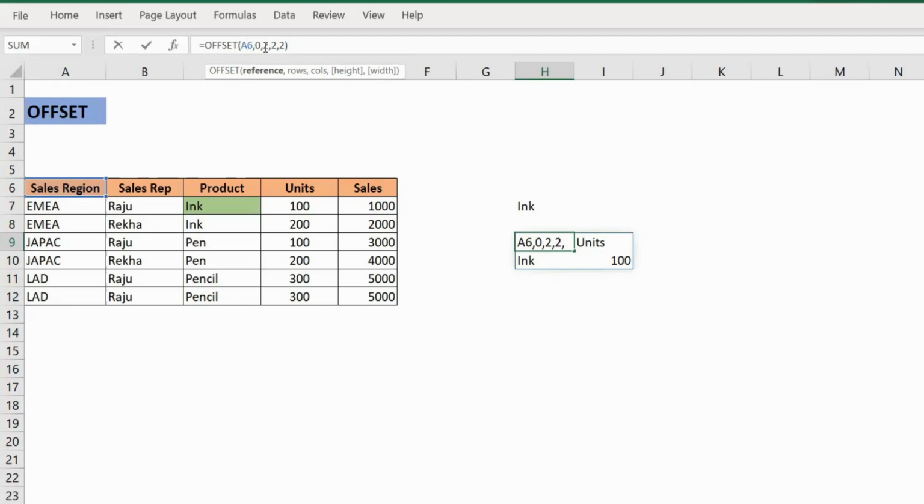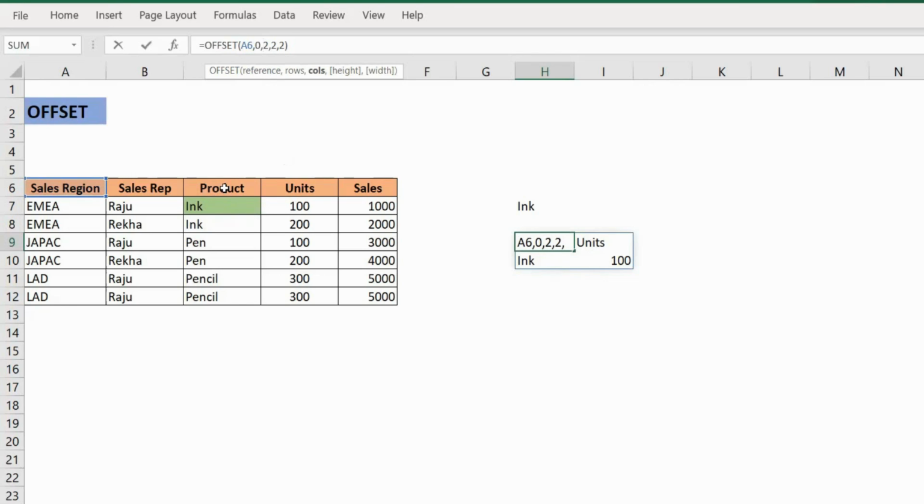Then in column I gave it 2. So it has moved 2 columns from there. So sales rep and product. So when I have A6, 0, 2, offset is referring to the cell